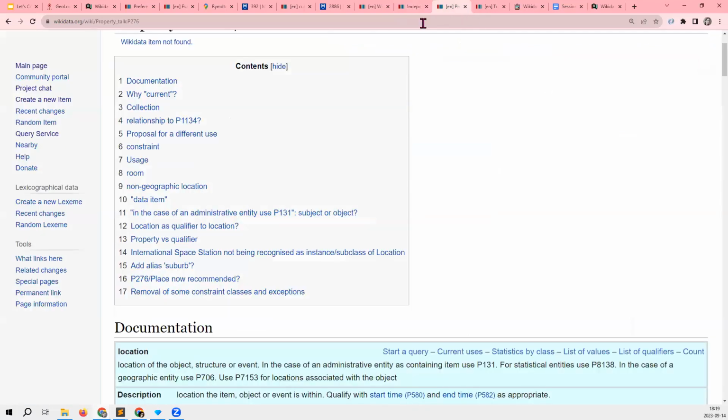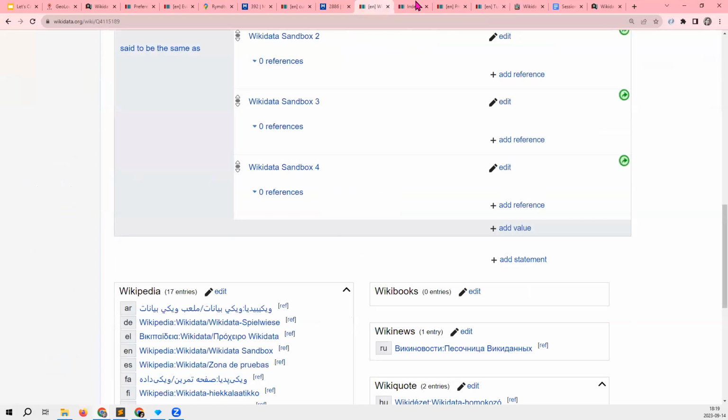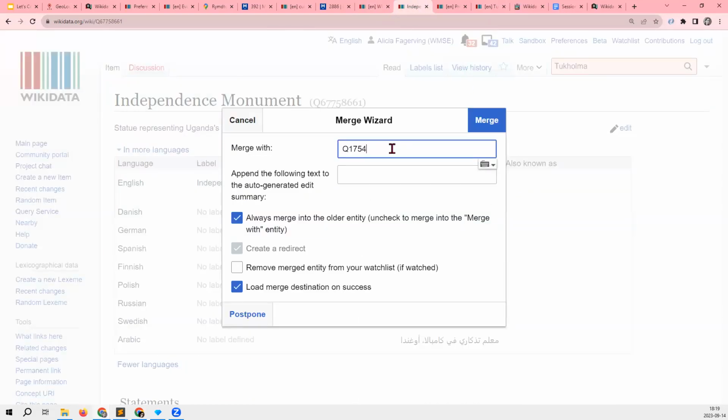And here I can paste the ID number of the other item. Of course, now I'm not going to click on merge because obviously they are not the same item.